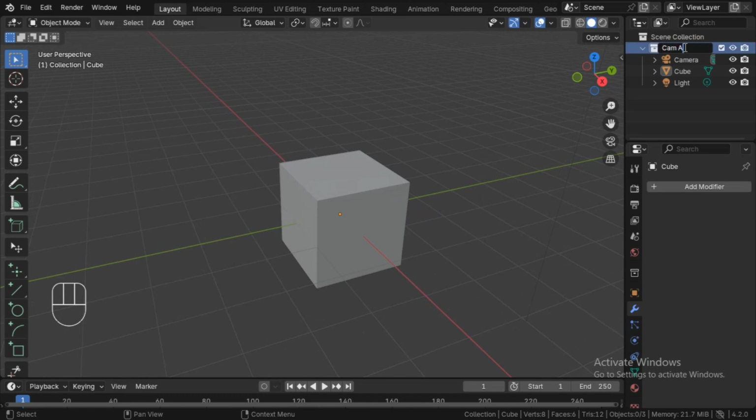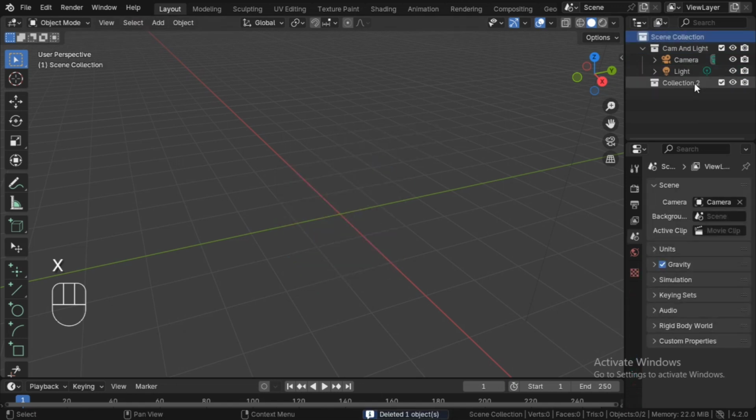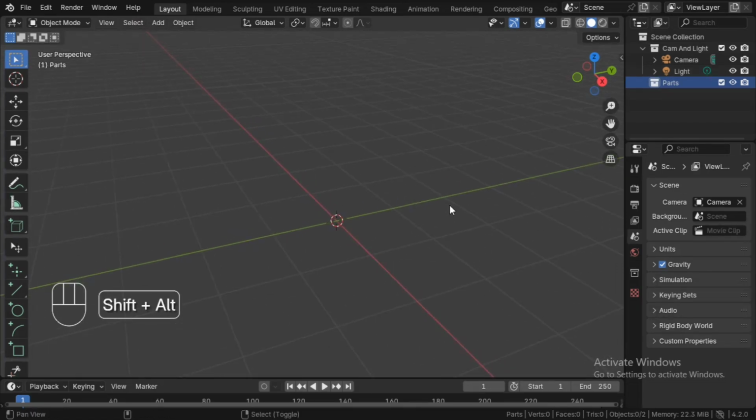So rename this folder to camera and light. These are called collections in this outline, and delete this cube and create another collection. Name this collection to parts. Cursor to origin